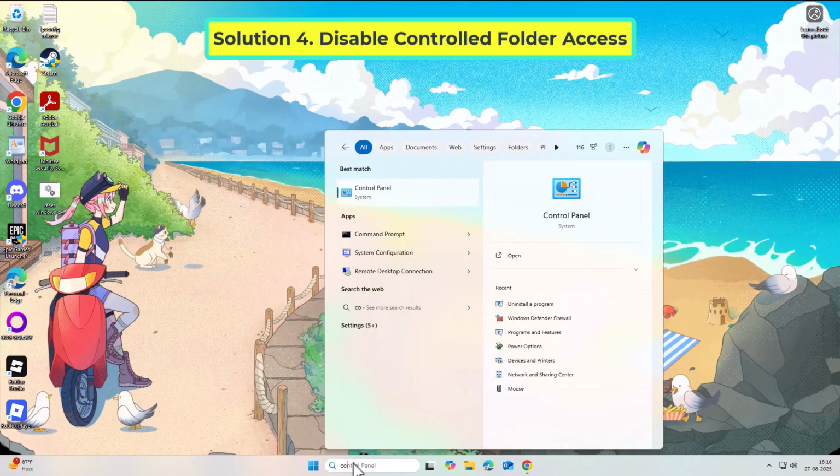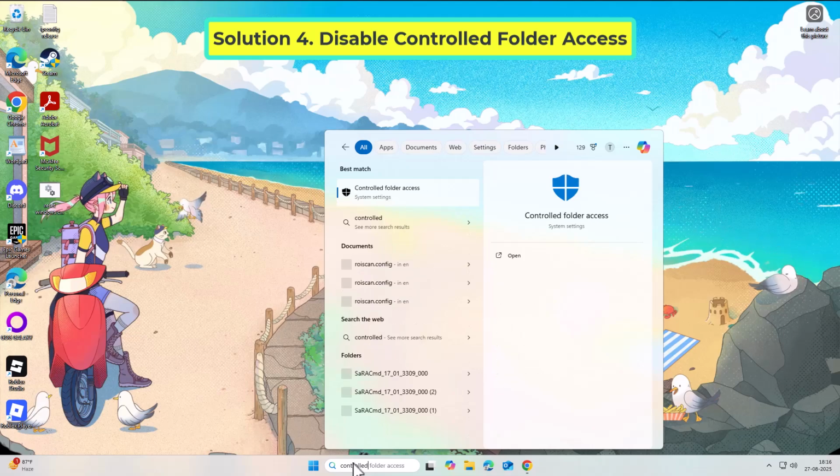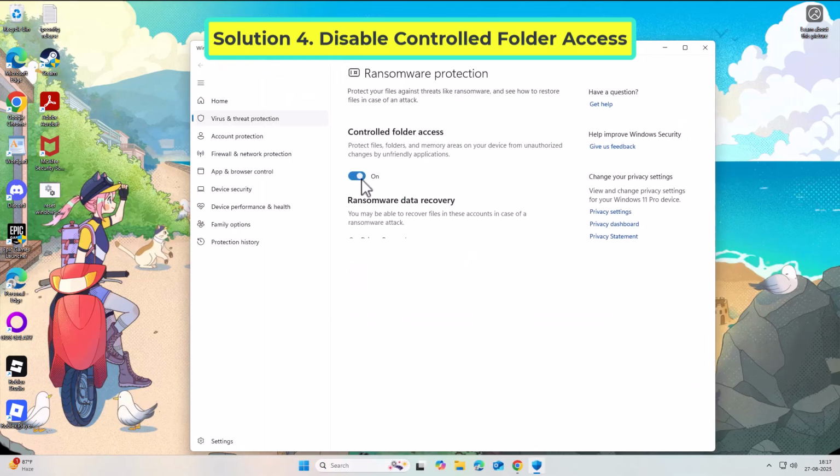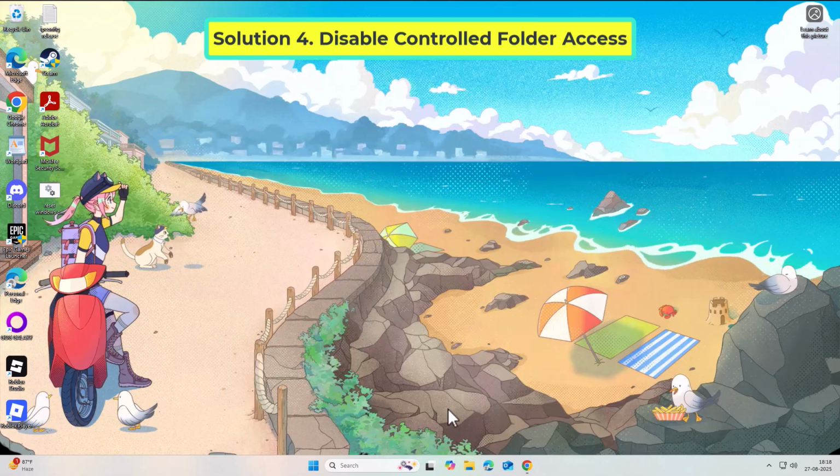Solution 4. Disable controlled folder access. Toggle the switch next to controlled folder access to the off position. Close the controlled folder access window. If that didn't work,